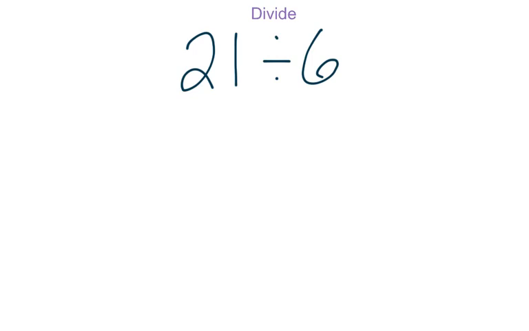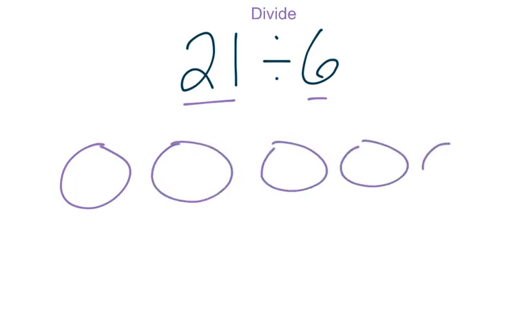When you divide 21 divided by 6, 21 is our total, it's our dividend, and we're splitting it into 6 equal groups. So sometimes pictures help us when we're dividing. We could model this division by drawing 6 circles and splitting 21 up evenly into those 6 groups. So I would separate those 21,